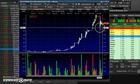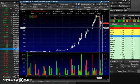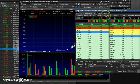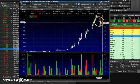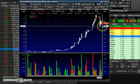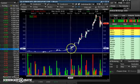If and when it takes out the day low here at 618, it is free fall. I hope it doesn't happen today because I really don't want to be tempted to take profits. If it does take out the day low at 618, it's already down 15% on the day. So maybe it goes down 20 or 30%, but it's tough to drop 50% in a day. So ideally it downtrends in the 670s, 660s, 650s. Maybe it breaks a day low. But tomorrow I would love to cover in the 4s or even the 3s